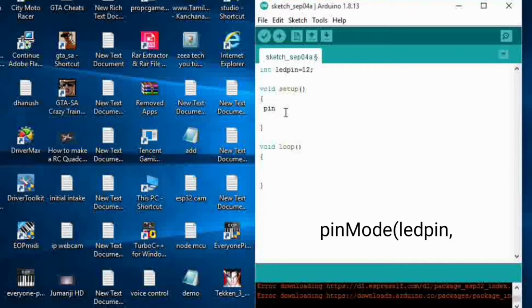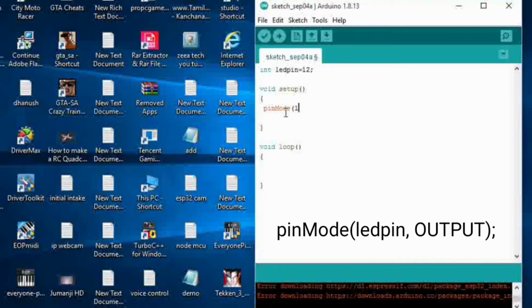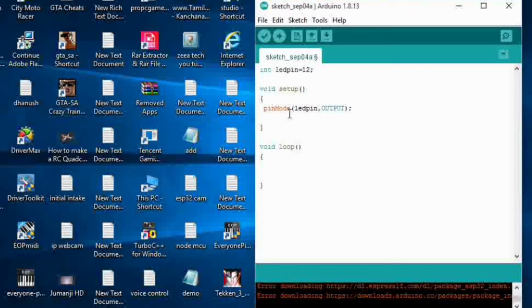So I am writing pinMode(ledPin, OUTPUT); I am writing this line in the setup function because we have to assign this pin as an output for only once in our program. If we write this line in the loop function, this pin will be assigned as an output every second. We have to assign this pin as an output only once, so we are writing it in the setup function.